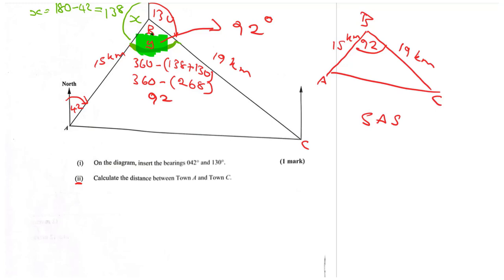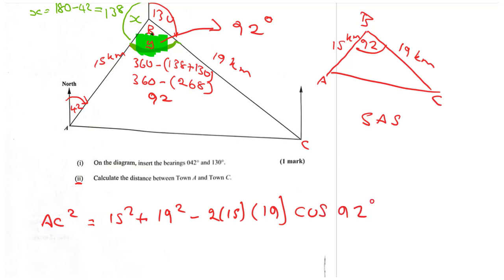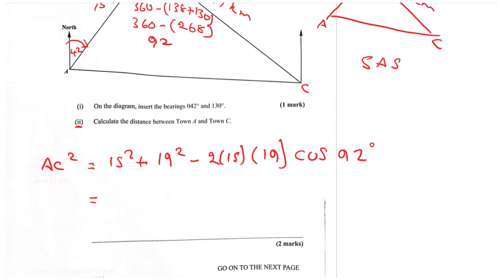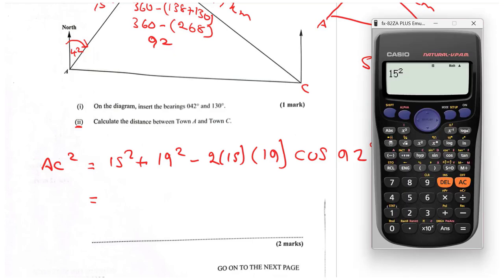AC squared is equal to 15 squared plus 19 squared minus 2 times 15 times 19 times the cosine of 92 degrees. Now we can get our calculators and enter all of the right hand side. So this is 15 squared plus 19 squared minus 2 times 15 times 19, and then with cosine of 92 degrees, and that is going to give us